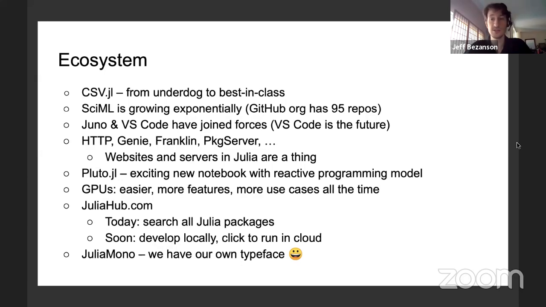Juno and VS Code for Julia were each independently quite good, and so to hear that those two teams are going to be working together on a common system is just incredibly exciting because I can only imagine where that's going to go. It's going to be amazing, I think. Yeah, I agree that no longer splitting our forces on the IDE front is going to be a powerful force.